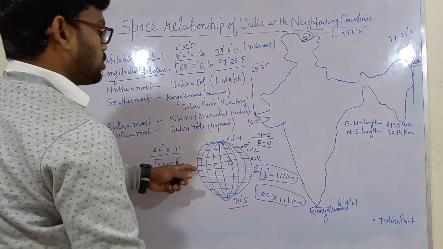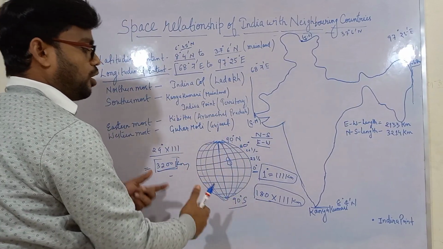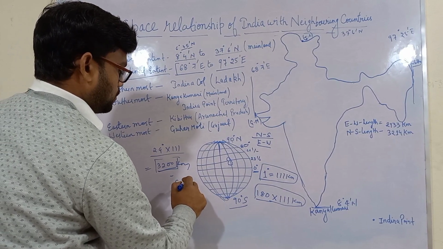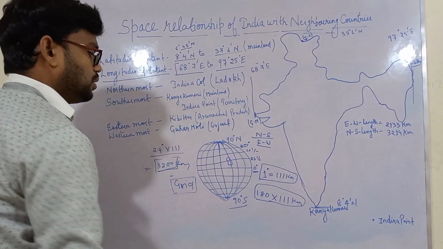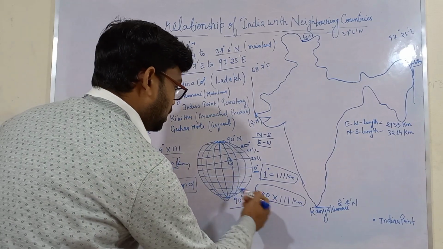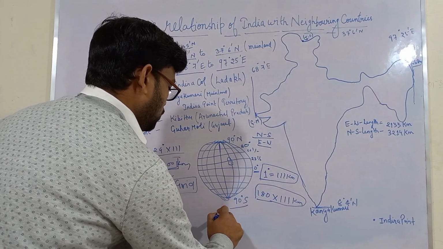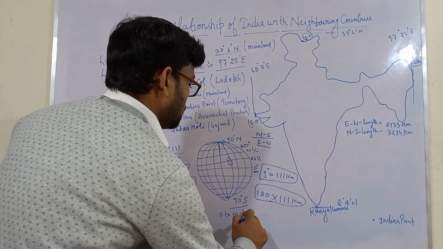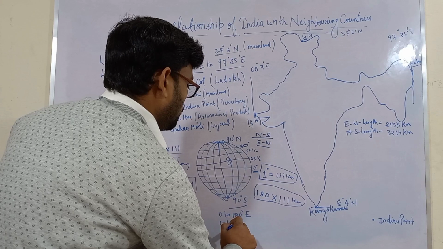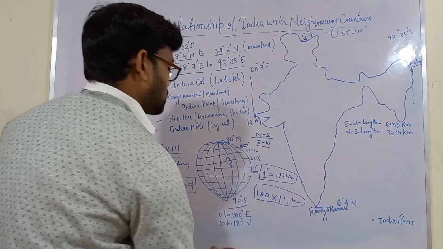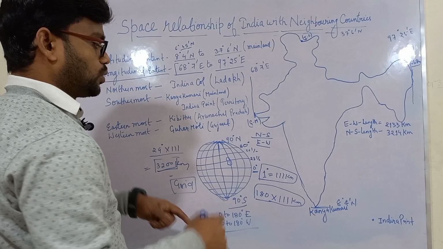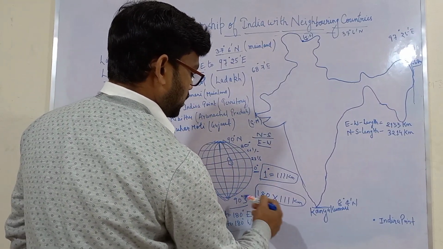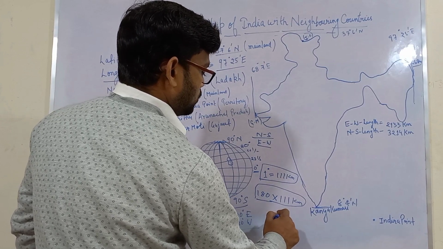And together these horizontal and vertical lines used to form a grid. Now these longitudinal lines are divided from 0 to 180 degree east and 0 to 180 degree west. So here we see that the total number of longitudinal lines, or total degree for longitudes, is 0 to